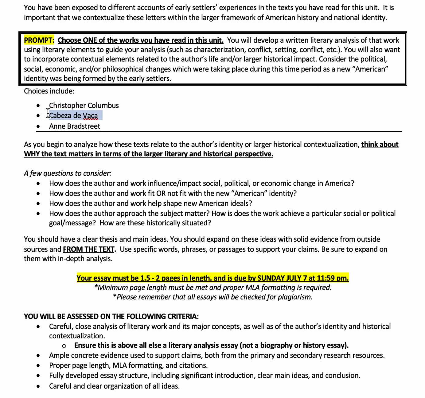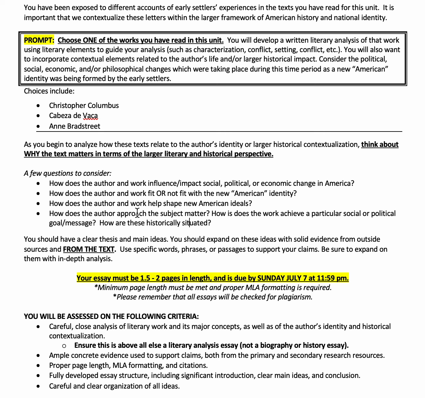So, for example, you have a very different approach between De Vaca and Columbus on how they spoke about the native people. With Anne Bradstreet, you're getting a very unique perspective that's very intimate about family dynamics and life and her relationship with her husband. Why does that matter? Why is it unique that we get that perspective?